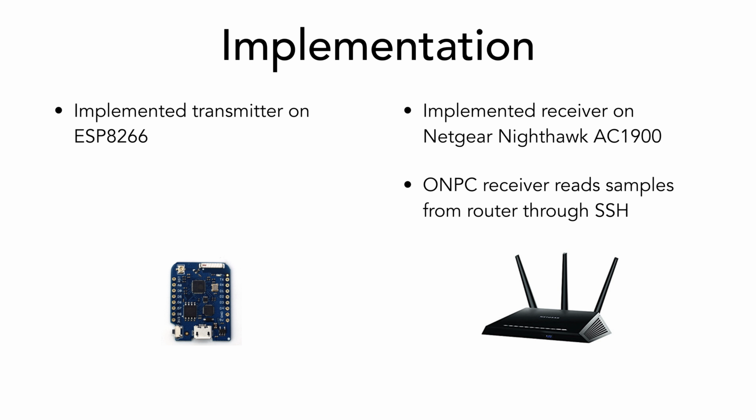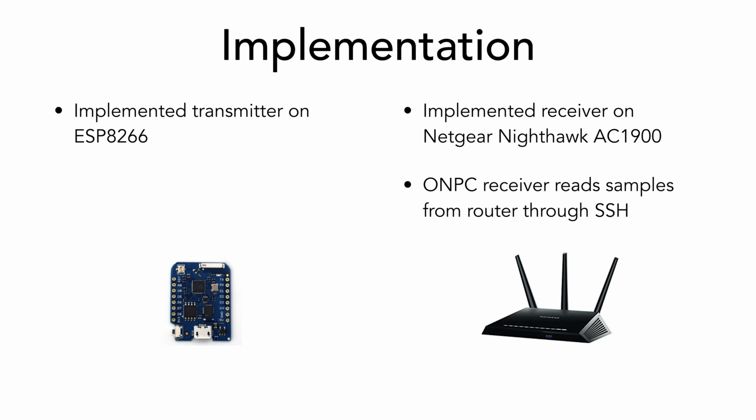Really all we need is the ability to receive those samples, the noise samples, in user space. And so this firmware offered that. If there's another firmware that did offer that as well, we could use that. We don't really need anything specific from a firmware. We just need the ability to receive the noise measurements. And so with this new firmware, we're able to SSH into our access point and call a function to get the noise measurements. So we do that through SSH and get a bunch of measurements, and then we're able to run ONPC on those measurements.